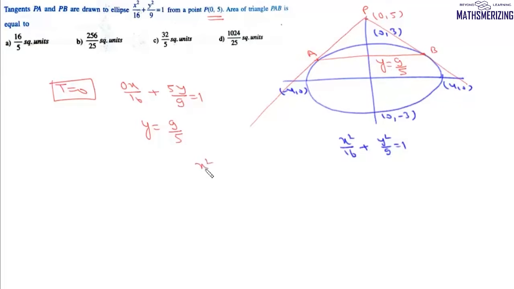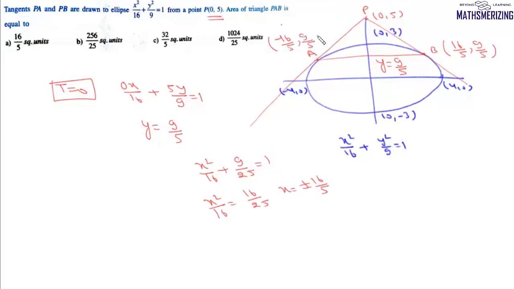We can write x square upon 16 plus 9 upon 25 is equal to 1. So x square upon 16 will be 16 upon 25. So the value of x is simply plus minus 16 upon 5. So point B is (16 upon 5, 9 by 5), and point A is (minus 16 upon 5, 9 by 5). Now we need to find the area of this triangle. So the area of this triangle is